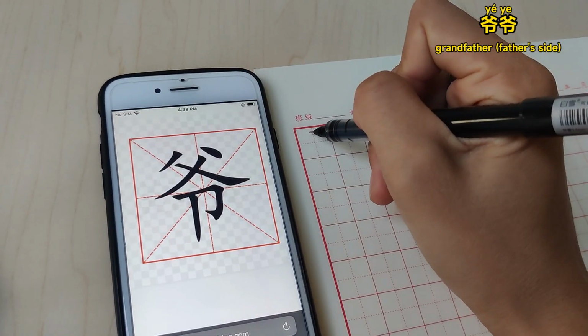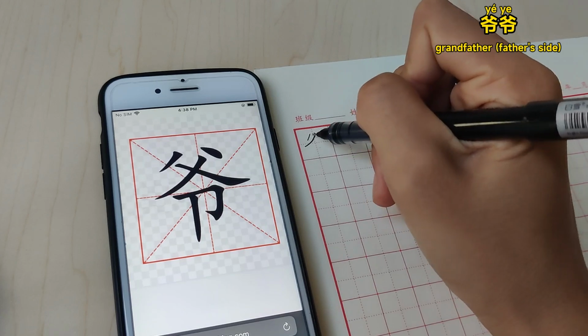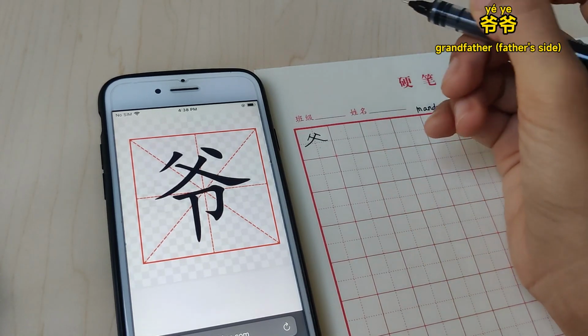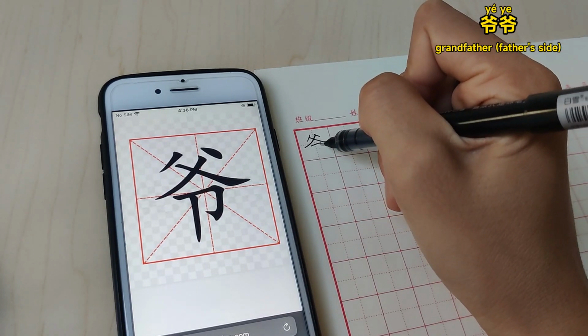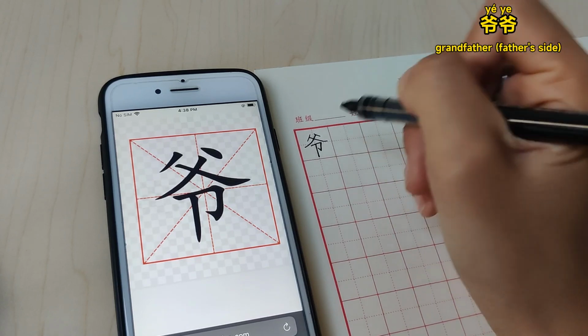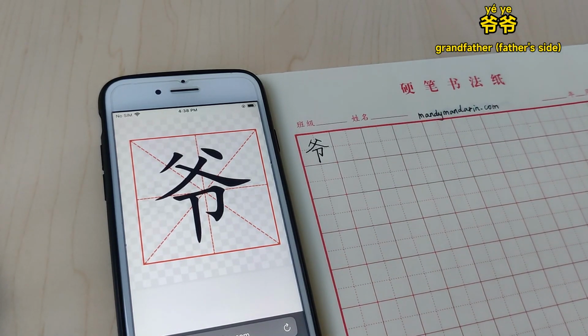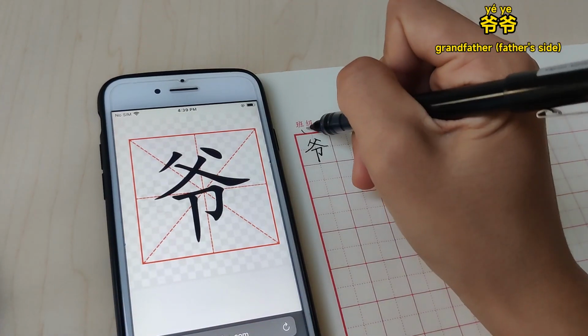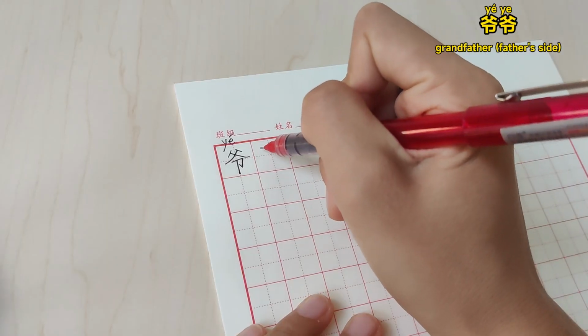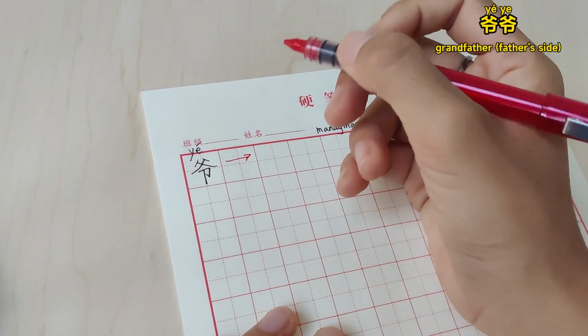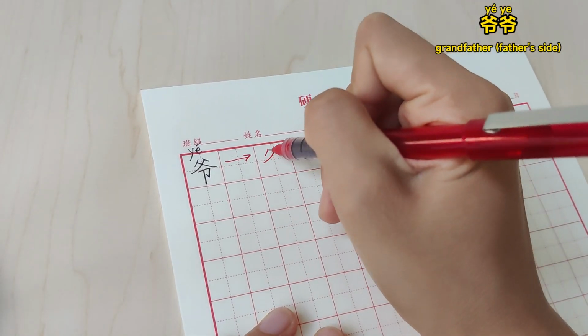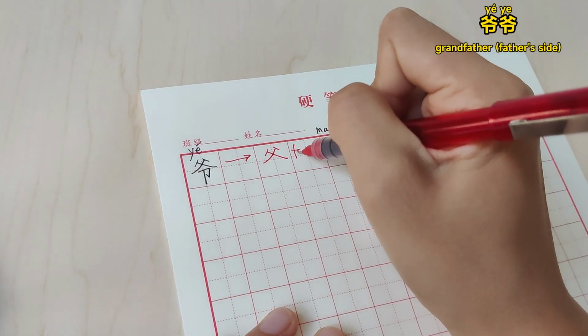We go 1, 2, 3, 4, and then 5, 6. Very good. So the upper part of it, this is the father